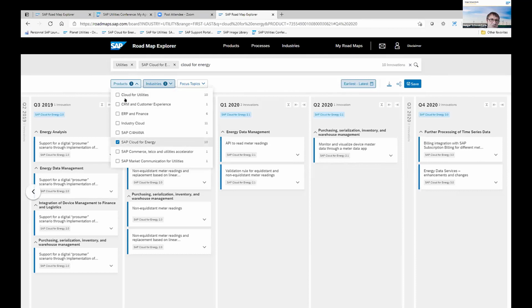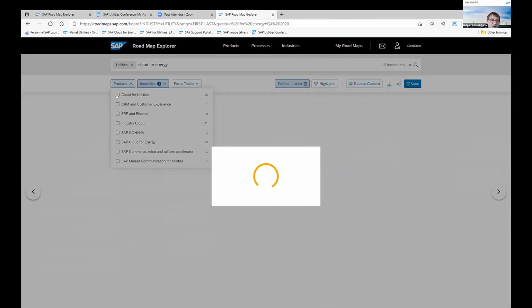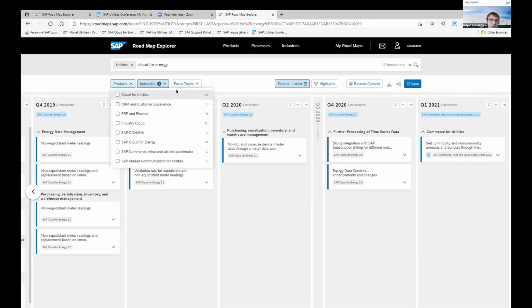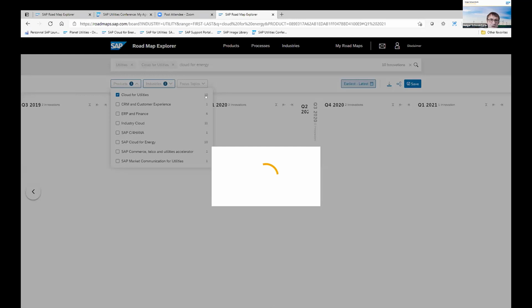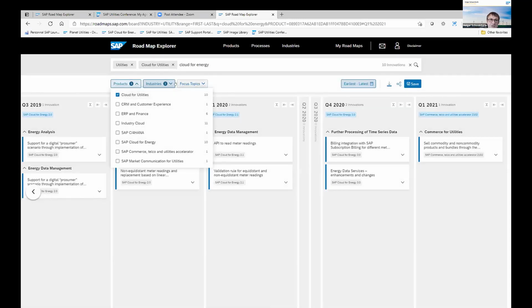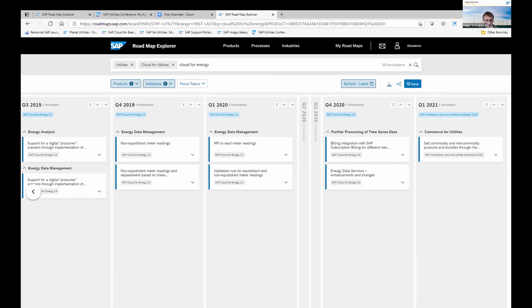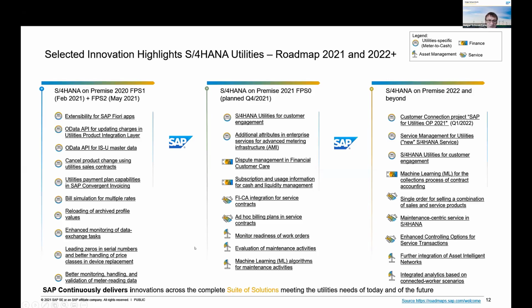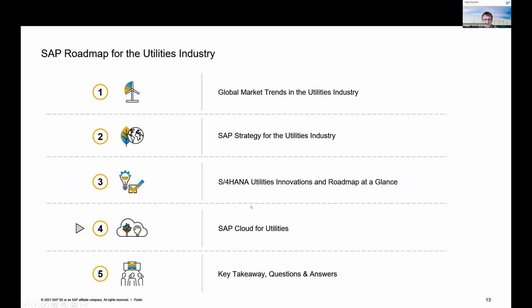Cloud for Energy is in here, but you can also see the filter for Cloud for Utilities, and then you get much more detailed information about this Cloud for Utilities program. And with that, I would like to hand over to Stefan for taking us through the topics of Cloud for Utilities.